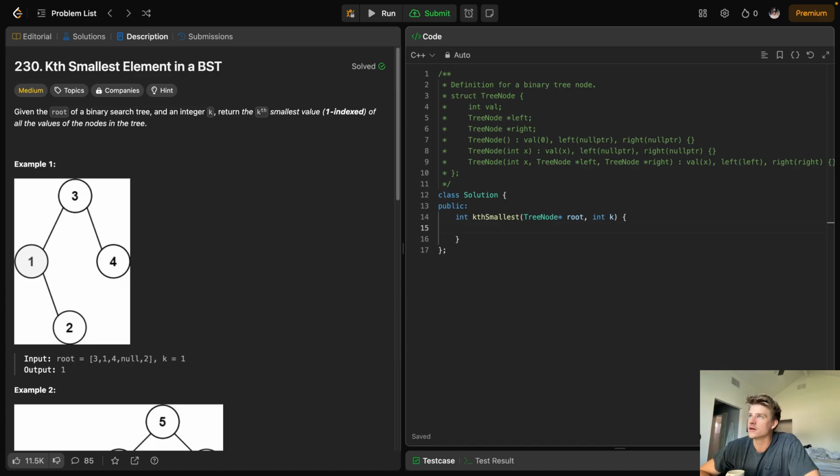Today we're doing another LeetCode video. This one is another medium tree problem. They basically want us to find the kth smallest element in a binary search tree. So we're given the root of a binary search tree, and we're given an integer k. They want us to return the kth smallest value, one indexed, of all the values of the nodes in the tree. So if they gave us